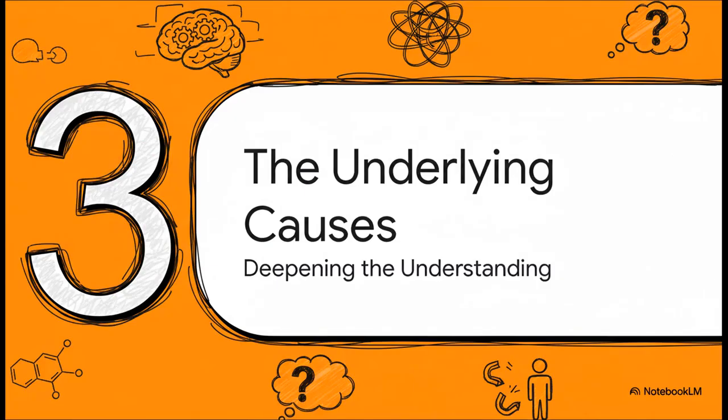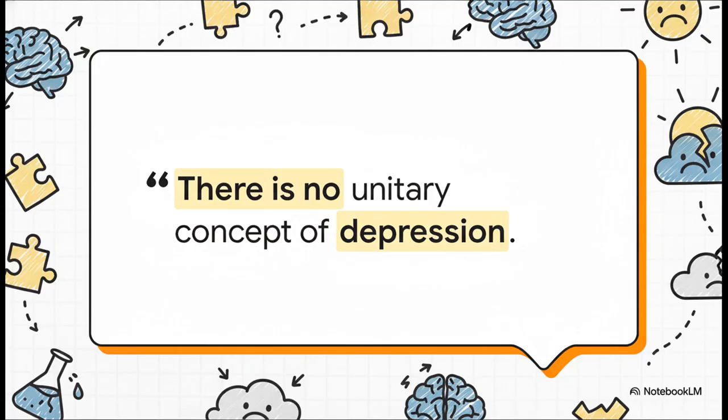All right, so now that we've covered the what, the diagnostic criteria for these disorders, let's shift gears. It's time to ask why. What does the science tell us about what's actually going on underneath it all? This quote really just sets the stage perfectly. Just as there isn't one single type of depressive disorder, there isn't one single cause. The idea of a simple one-size-fits-all explanation, it just doesn't hold up to the evidence.